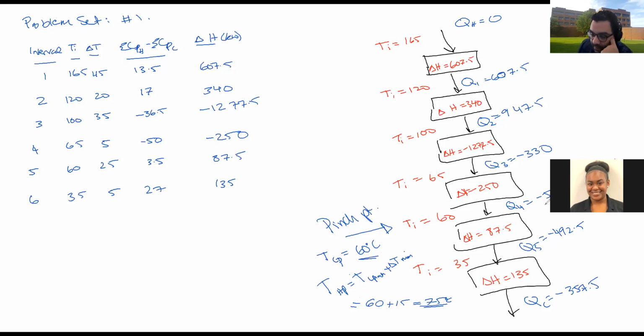And once I get to the pinch point, I need to add enough heat so that the QH is equal to 0, right? So I need to add enough heat at the top of my cascade diagram so that the Q at this point is 0. So this is minus 580, so I need to add 580 at the top here. So I'm going to add 580 at the top, plus 580. This will be 580 kilowatts at the top, and this guy plus 580. This will be